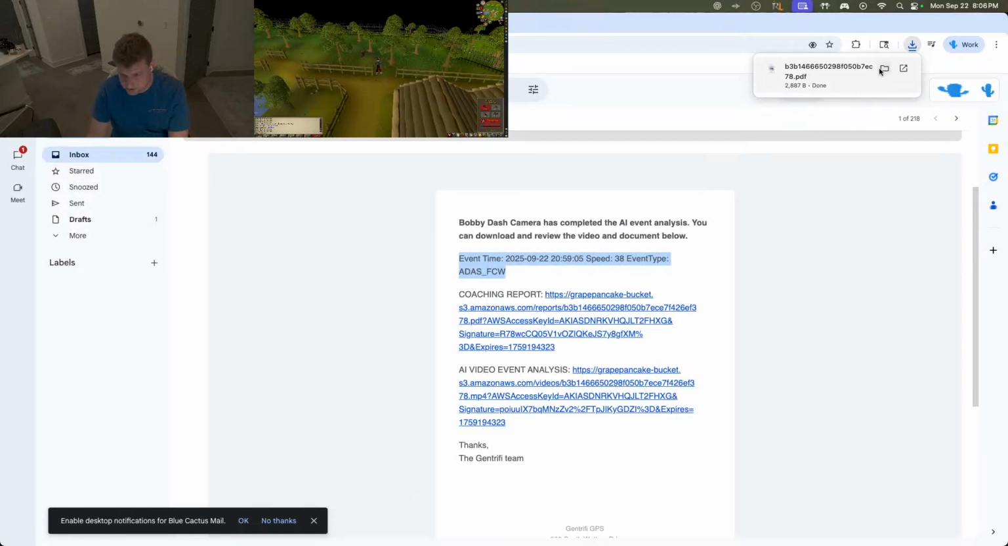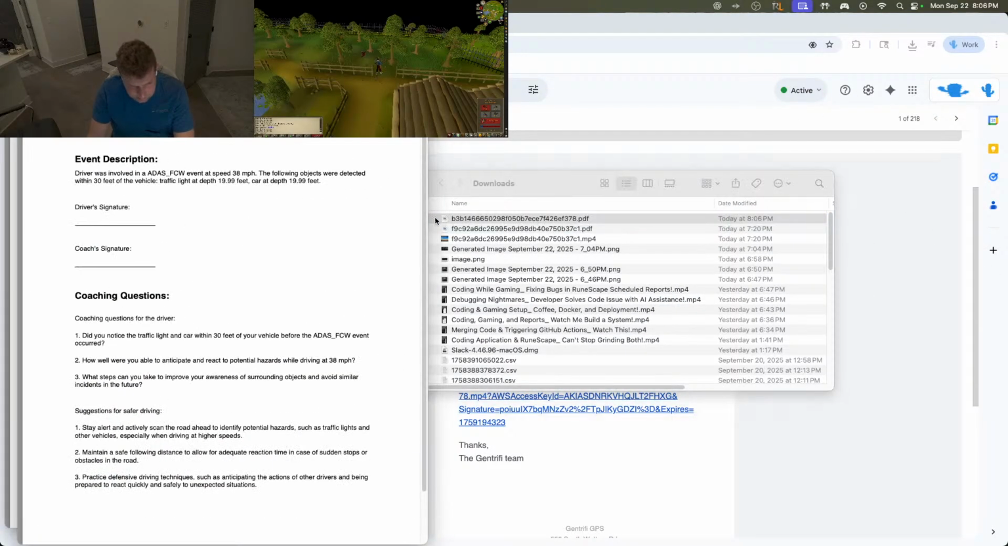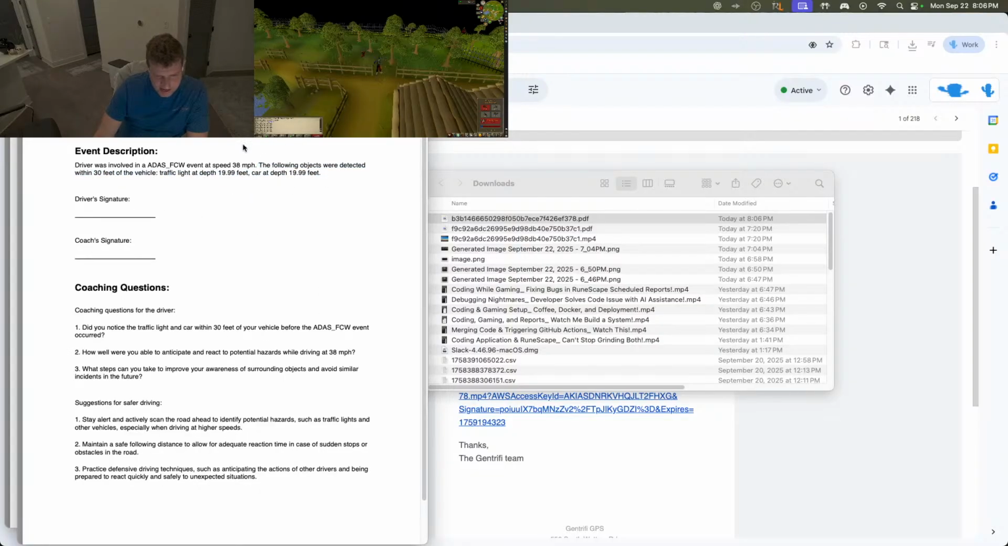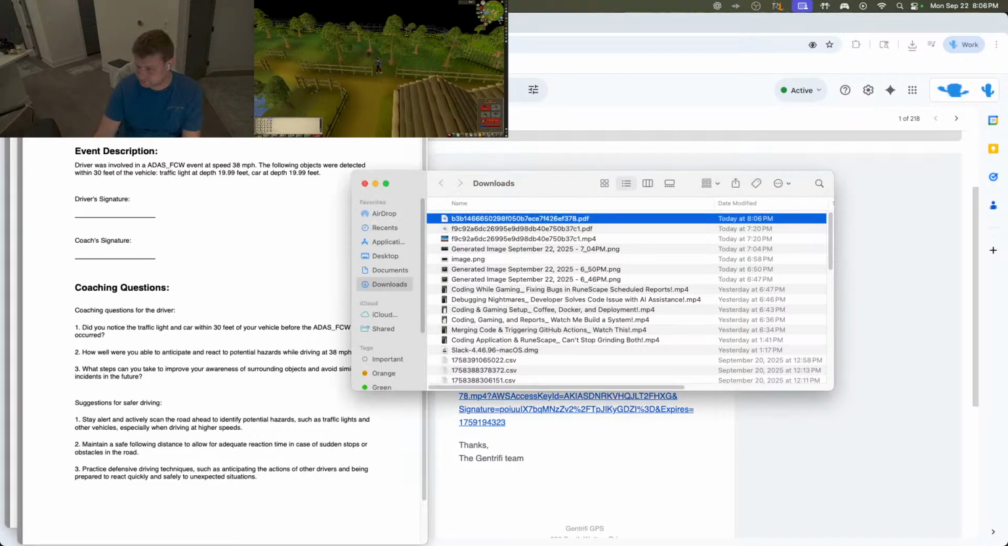Let's see. So the driver was involved in an ADAS forward collision warning event. We pass in the event that we get from the camera and add it to this transcript. We pass in the speed. Then we see if we can detect any objects. And then after we build the transcript, we pass all of that up to OpenAI and ask it to build some coaching questions. So I'm going to say,